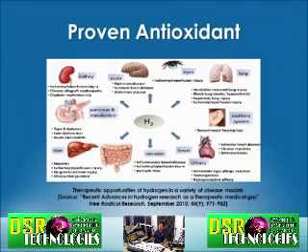Hydrogen has been proven as a powerful antioxidant in a variety of disease models, everything from Parkinson's to Alzheimer's disease to type 2 diabetes to hepatitis. If you look up the recent articles, we'll have a link in the next slide. You can see the different applications that hydrogen has, but it's clear so far that hydrogen is the most perfect antioxidant, the most efficient antioxidant.